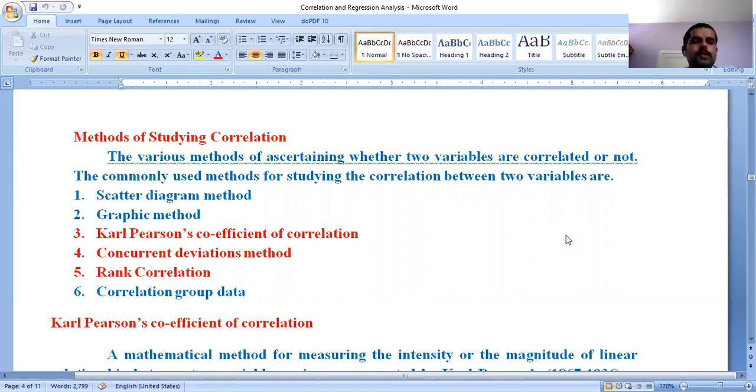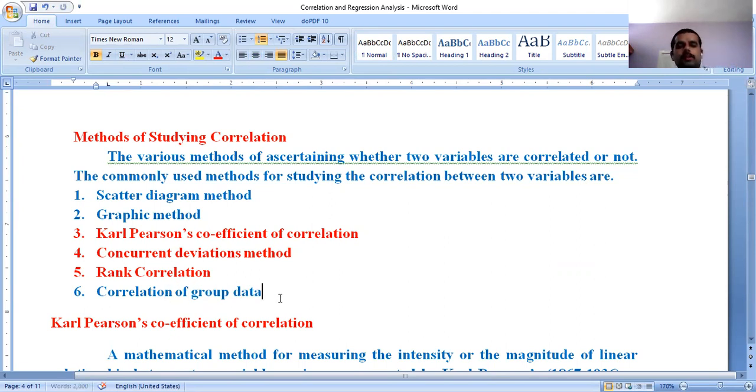Different methods are there in correlation analysis. The commonly used methods for studying the correlation between two variables are: number one, scatter diagram method; graphic method; Karl Pearson's coefficient of correlation method; concurrent deviation method; rank correlation. The next one is correlation of group data. These six methods generally we will discuss, but as per our syllabus, we are going to focus on only